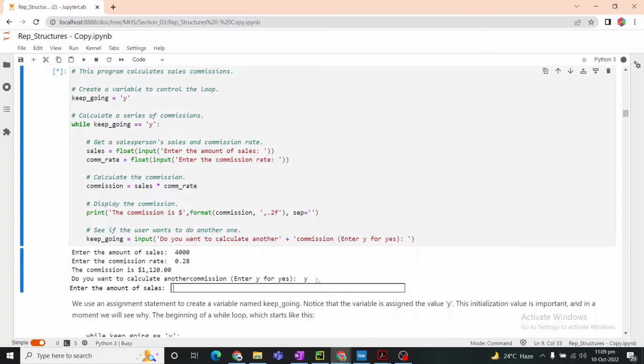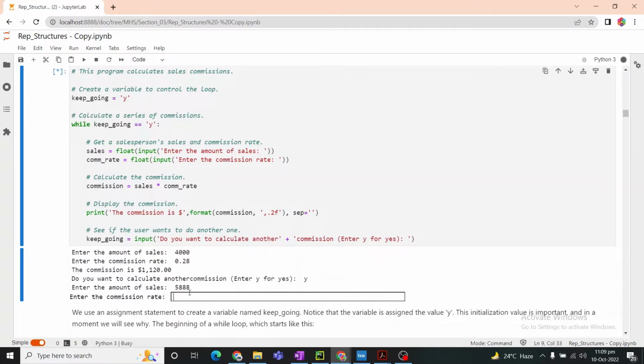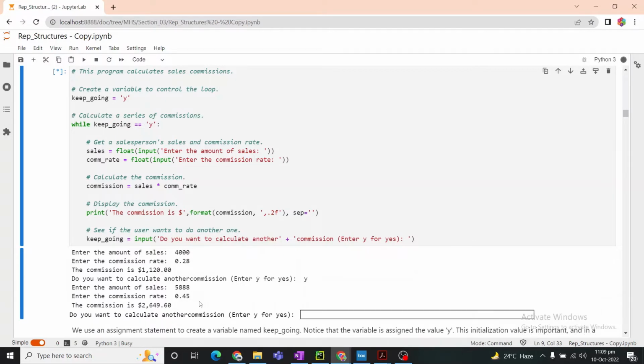Once we enter y, you can see the program has executed once again, and our loop is maintained. After we gave the input y, the loop went again from the start, and now the program is asking for the sales amount once again. We entered the commission rate once again,